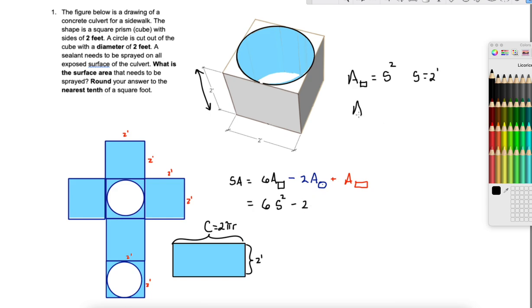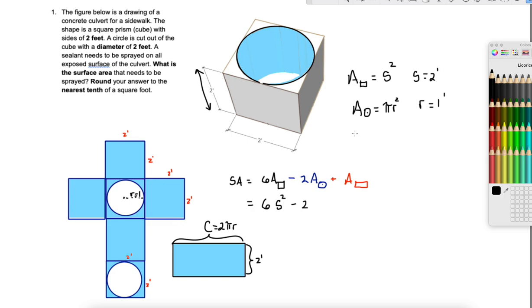Okay, so what's the area equation for a circle? It is pi r squared. So we need to know what r is. So what is r in this figure? So let's go ahead and show r. That's r. And r goes from the center all the way to the edge. And we know that the entire length of the side is 2, so therefore r has to be 1. So r is 1 foot,